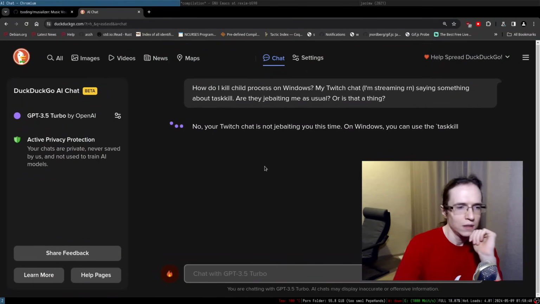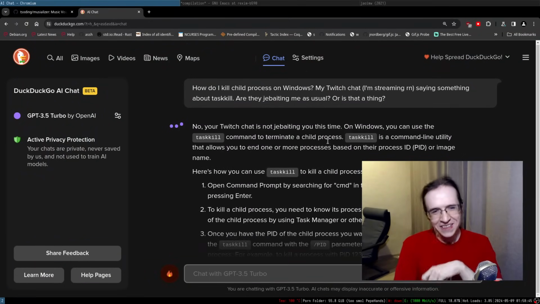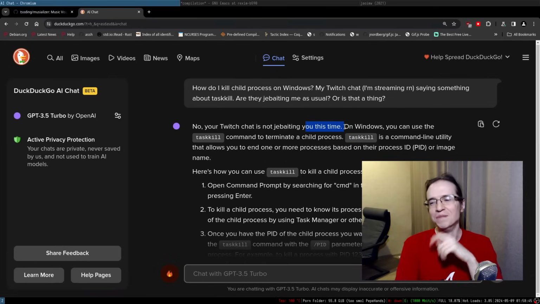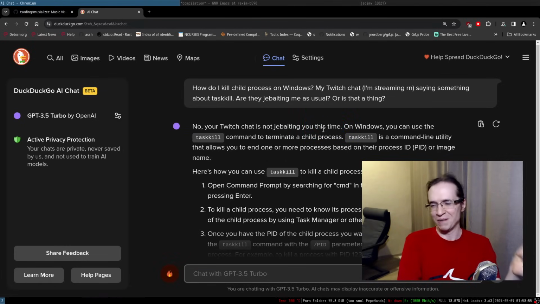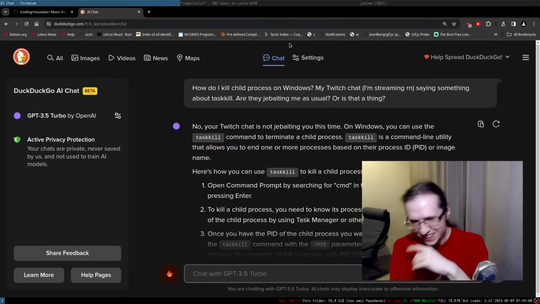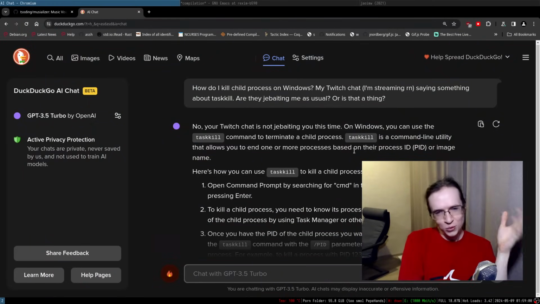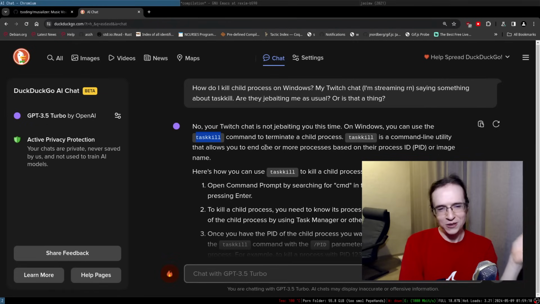Okay. So no, your Twitch chat is not debating you this time. On Windows, you can use the task kill command to terminate a child process. Task kill is a command line utility that